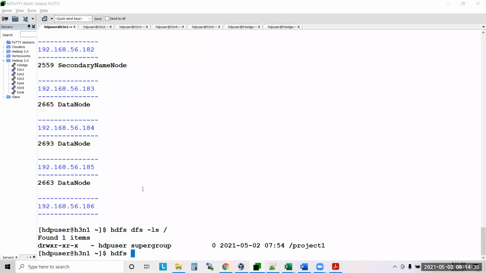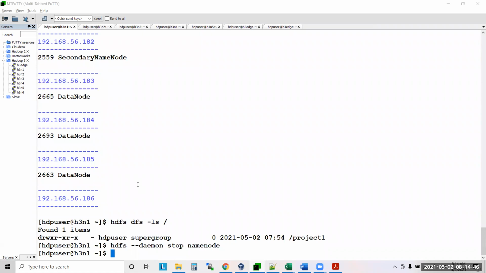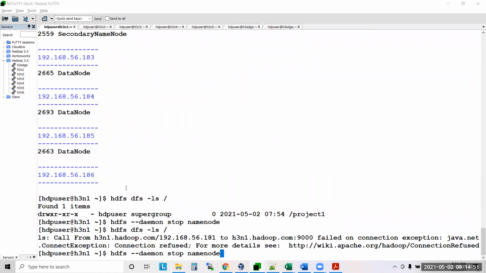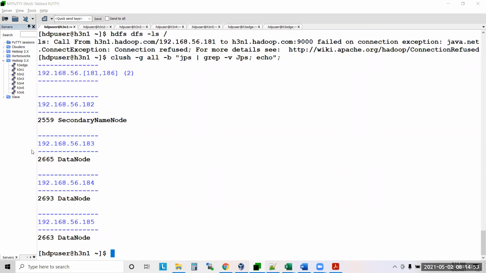So hdfs --daemon stop namenode. Now if I see jps, do you have the name node? No name node. But I have 3 data nodes. I have the secondary name node.